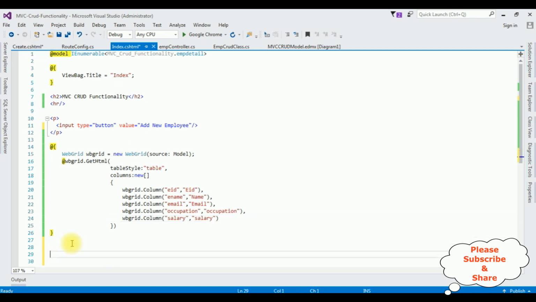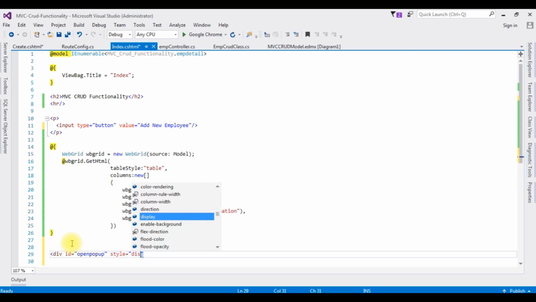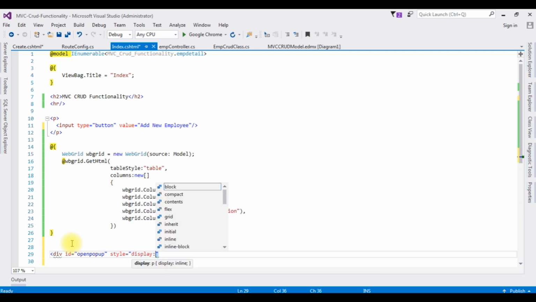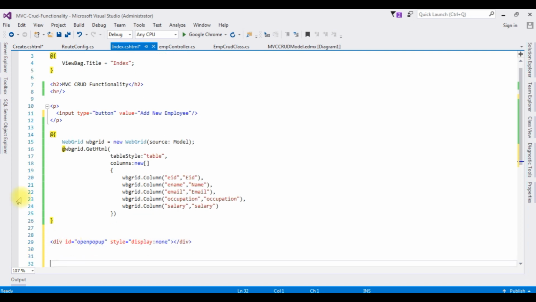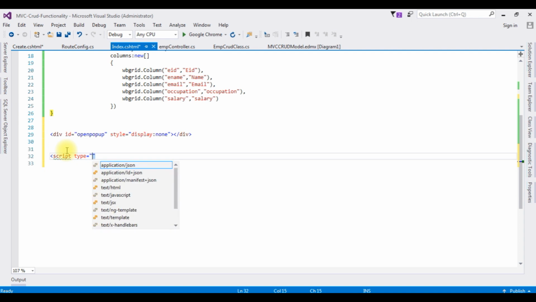So for that, I'm creating a new div, which is a pop-up. id is equals to open pop-up, style display none. This div tag is a pop-up window. I'm adding script. Type is equals to text JavaScript